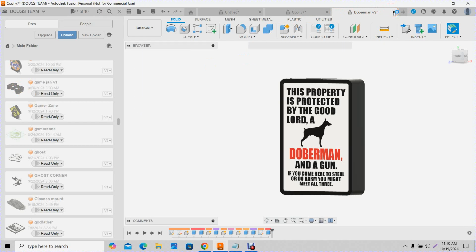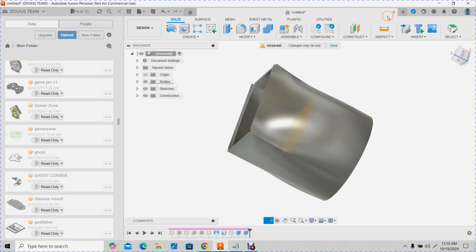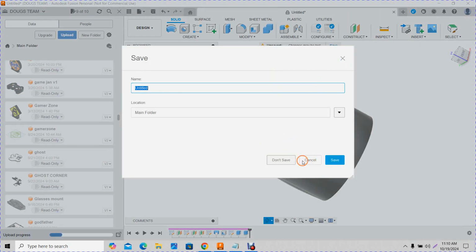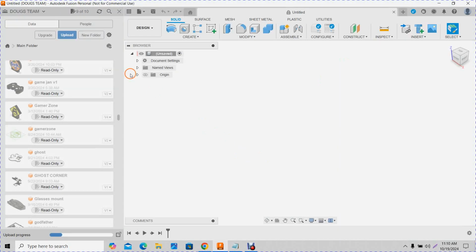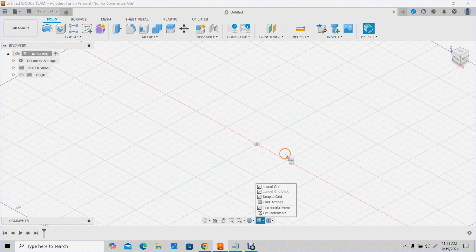Fusion will bog your computer down quick. You just work on one at a time, you're fine. And then I'm going to don't save. I can make that easily. And that's Fusion. I keep my layout grid off. I don't know why, but